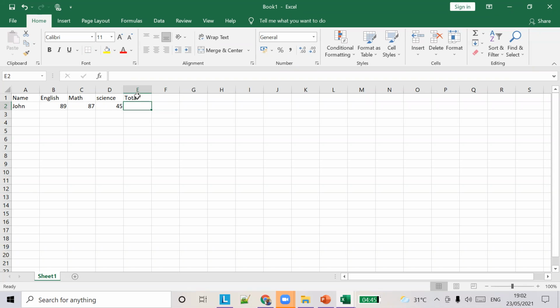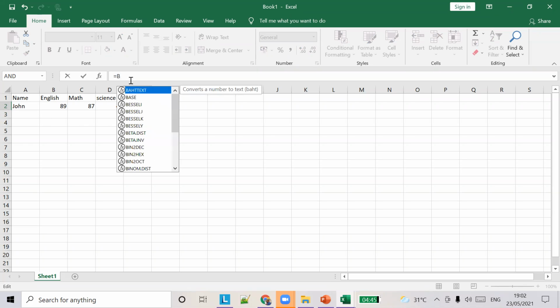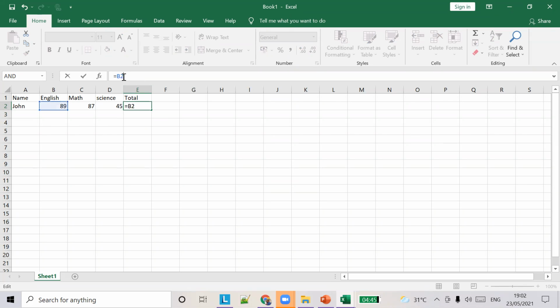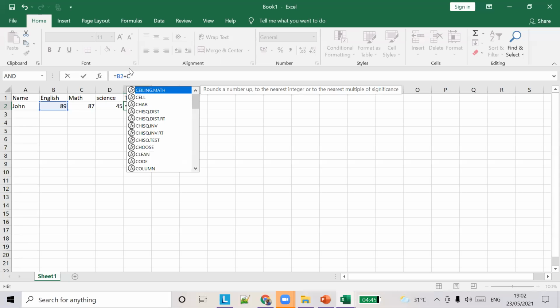What we are trying to do is add all these elements, right? So I'm going to type equals B2. If you type B2, you can see the blue color here and here. It means it's referring to this particular cell. Let's say B2 plus C2.